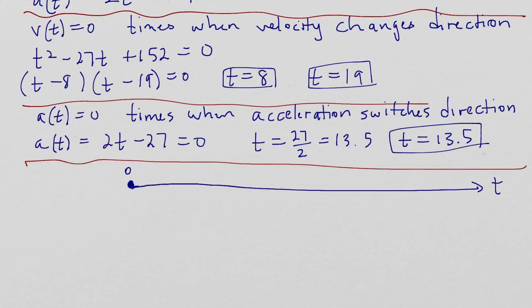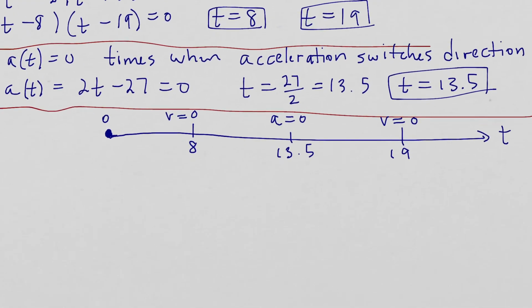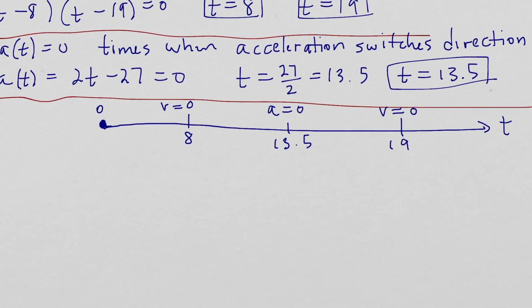And then on this number line, I'm going to indicate the times where the velocity goes to 0. These are the 2 times we calculated where the velocity goes to 0. And I'm going to put on here the time where the acceleration goes to 0 as well. And what this does is it allows me to divide up my intervals